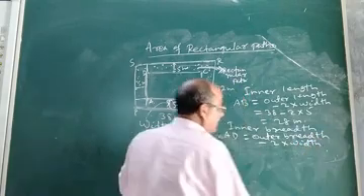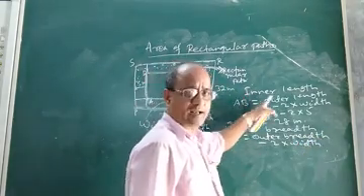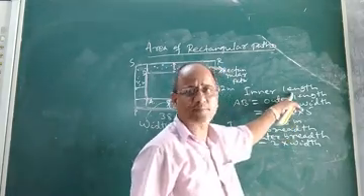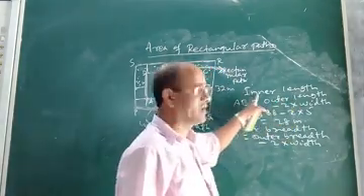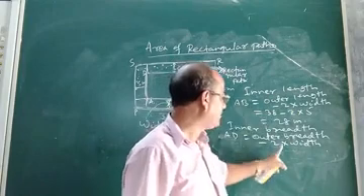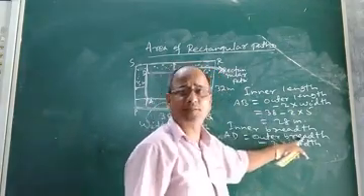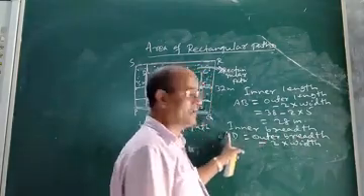So what I mean to say, in order to get the inner length, always multiply width by 2 and subtract it from the outer length. You will get the inner length. In a similar manner, multiply the width by 2 and subtract it from the outer breadth. You will get the inner breadth.